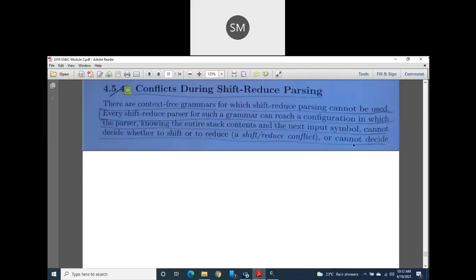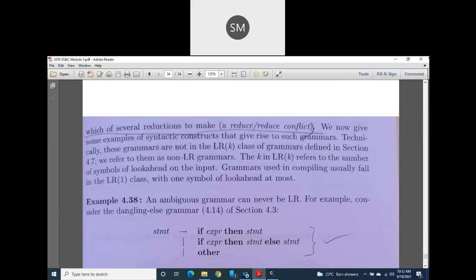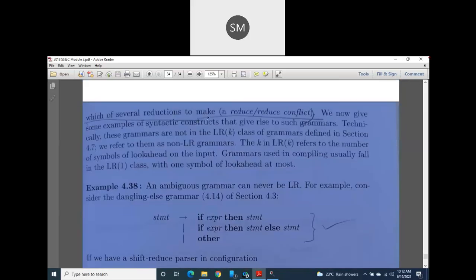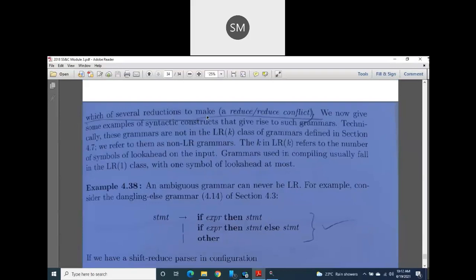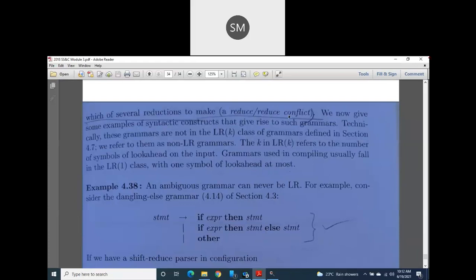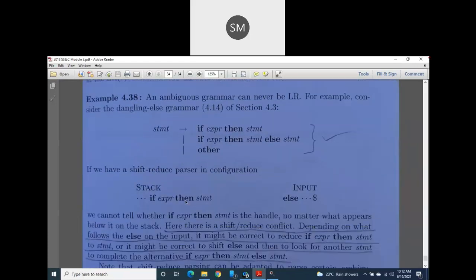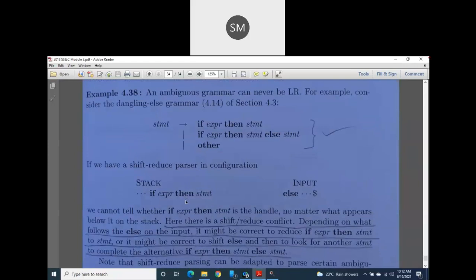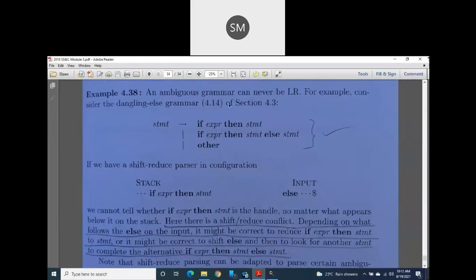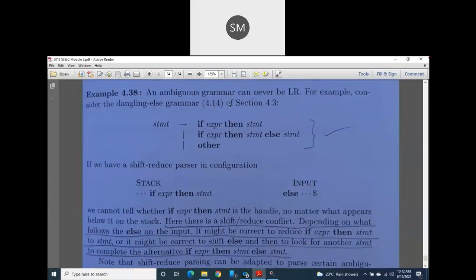So this situation is called a shift reduce conflict. Or else one more doubt our shift reduce parser can get is that it cannot decide which reduction I have to make. That is another conflict, called a reduce-reduce conflict. Okay, don't worry about it. So here I had taken the dangling else problem for our ambiguous grammar as an example. In previous classes I have shown you ambiguous grammar with this dangling else grammar.